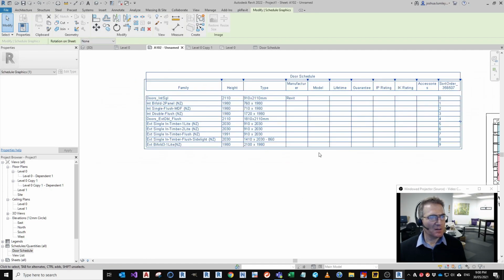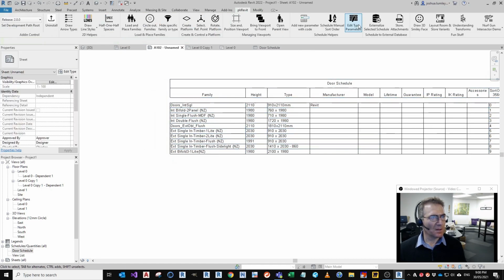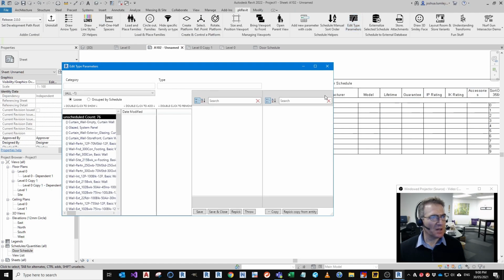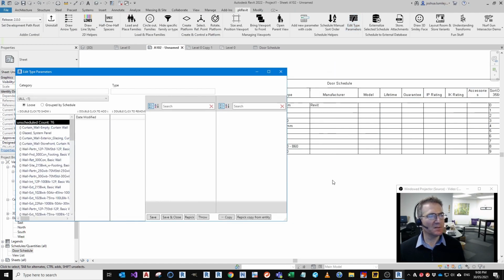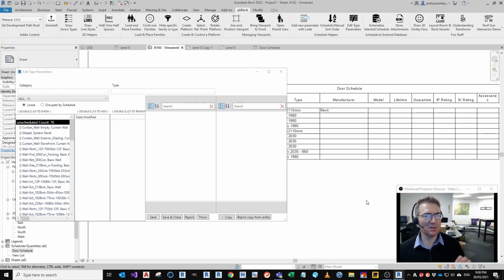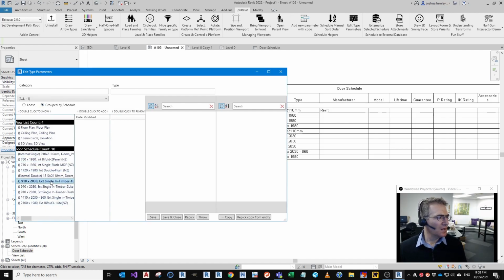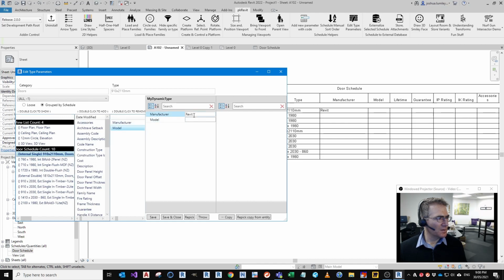Let's add manufacturer for all the doors, and we can do this with edit type parameters. Over here, this is easier than editing a schedule directly, because editing a schedule directly doesn't account for carriage returns. Group by schedule. Here we go. Let's see. So manufacturer. So let's add in some manufacturers. So we're going to go Doors R Us. Not Roars R Us, Doors R Us, Acme Doors,